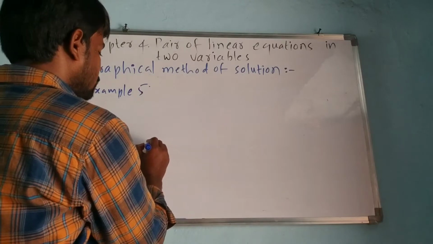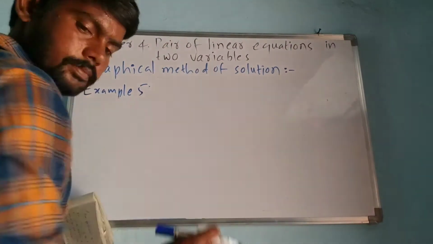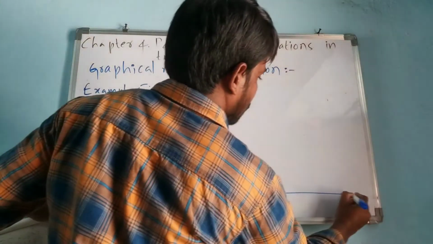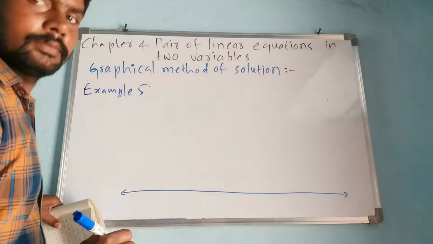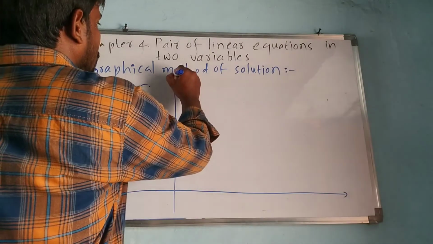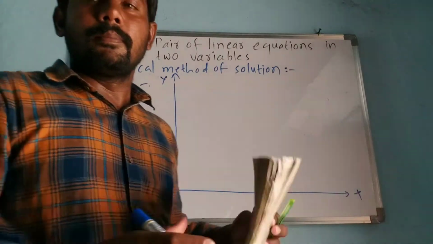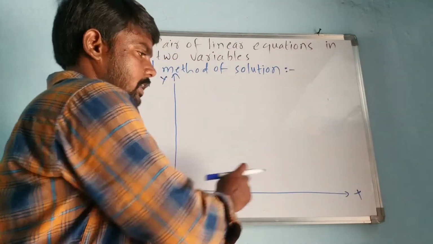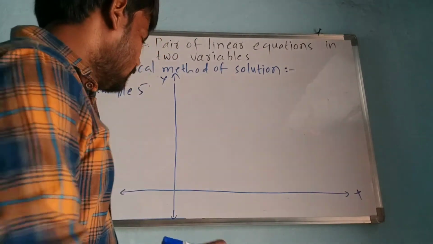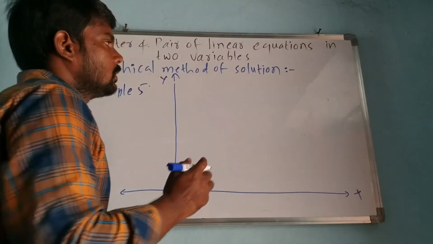So this is the horizontal line. Obviously it is called the x-axis, and the vertical line is called the y-axis. So by taking the measures of length on the x-axis and measures of breadth on the y-axis. So once again I will repeat it. Taking the measures of length on the x-axis and breadth on the y-axis. So now the scale is